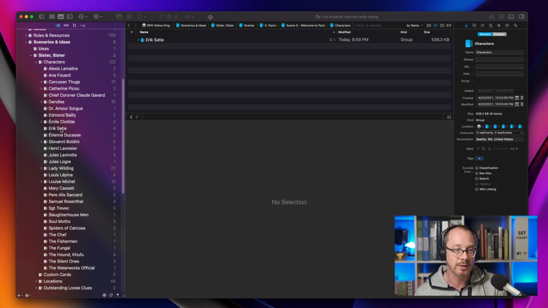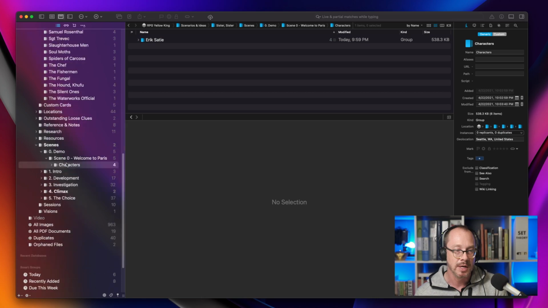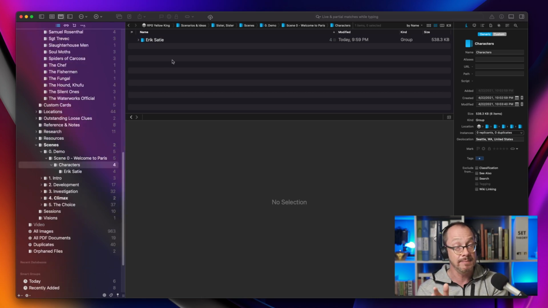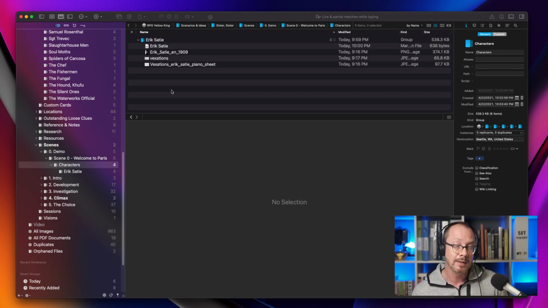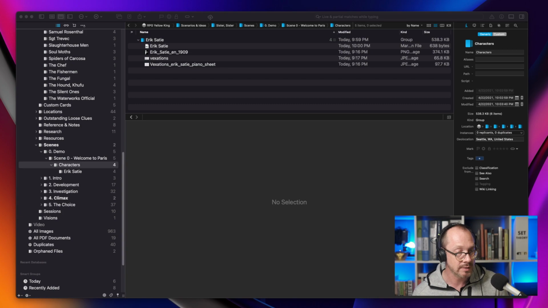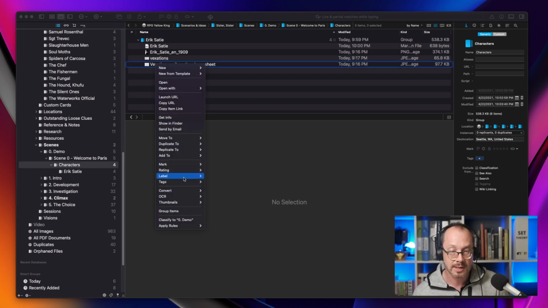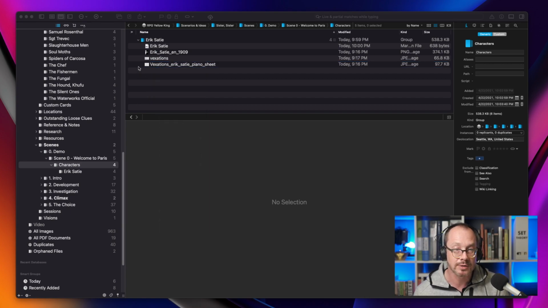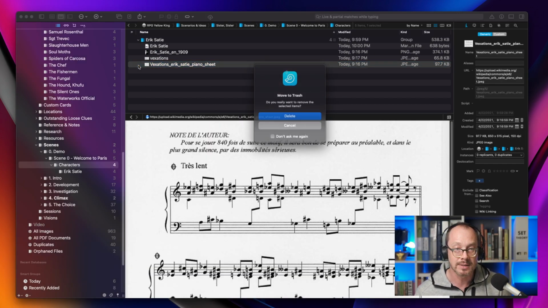So it's actually in two places. It is both here on the left-hand side under characters, but it is also under the characters in this scene, and it's the same folder. So any changes I make to Eric Satie here inside of the scene, any additions I make or anything I remove. So for instance, if I remove one of the sheets here, if I say let's move this to, whoops, cancel, stop that. If I move this to the trash,